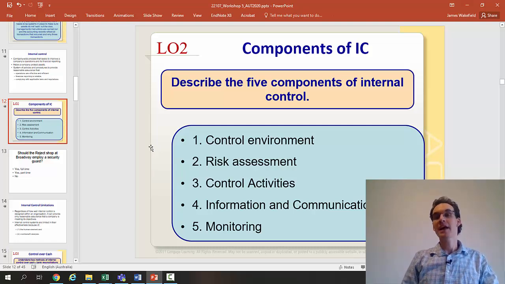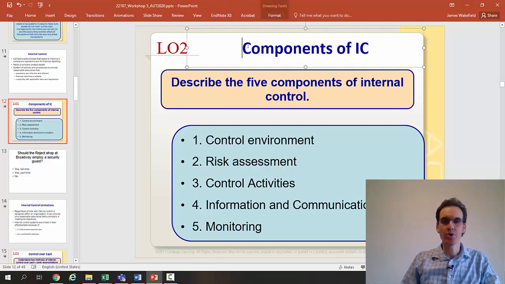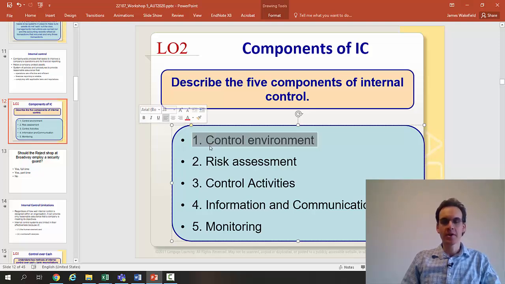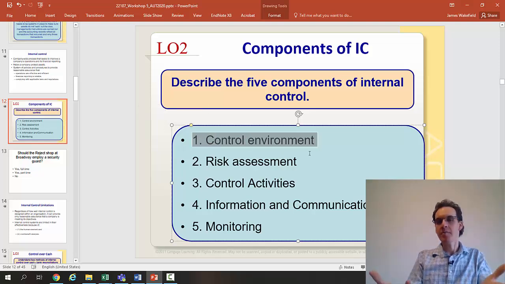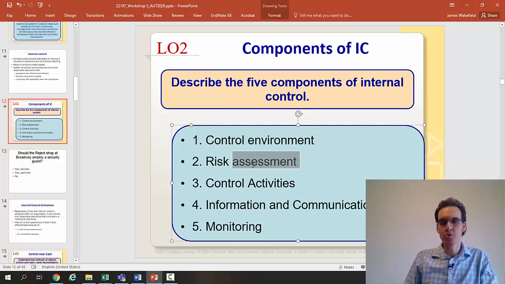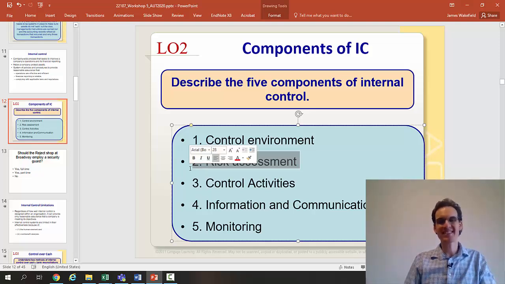Okay, what I want to look at now in learning objective number 2 is the components of internal control. So there are 5 components of internal control. There's the control environment, which basically looks at the environment of the business and the characteristics of that environment. So when we look at that, we can then move to step number 2, which is assessing the risks in